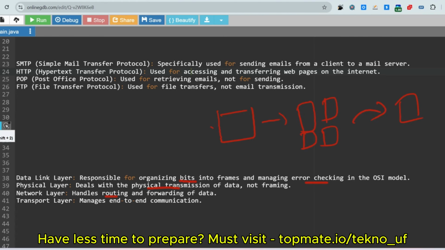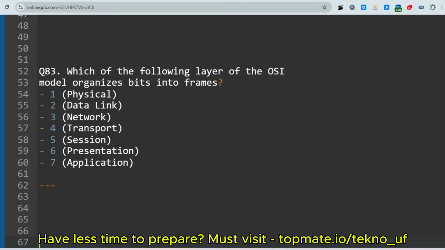Let's go to the next question. Guys, let me give you one quiz question from that as well: what is the function of the session layer? Please give the answer in the comment section. I'll love to give you a heart. So what will be the function of the session layer?